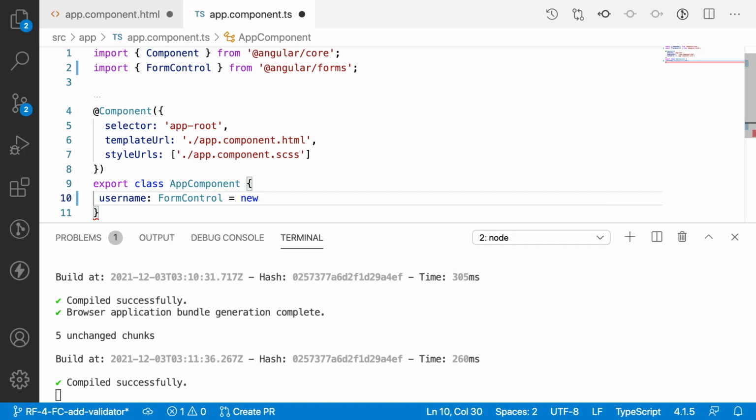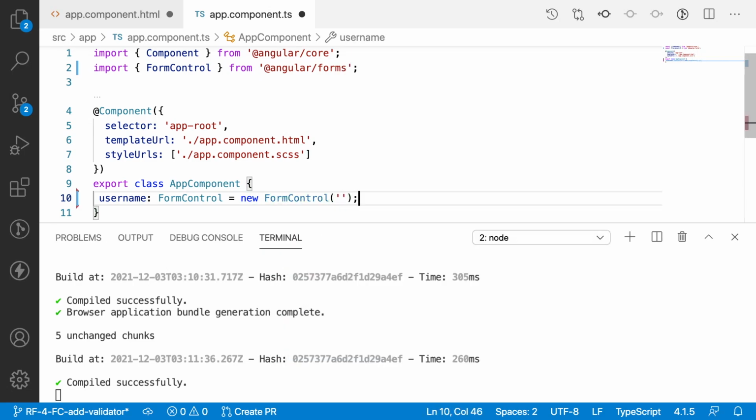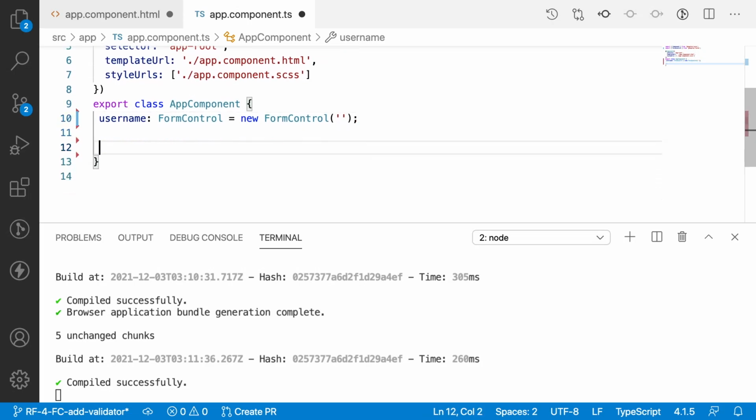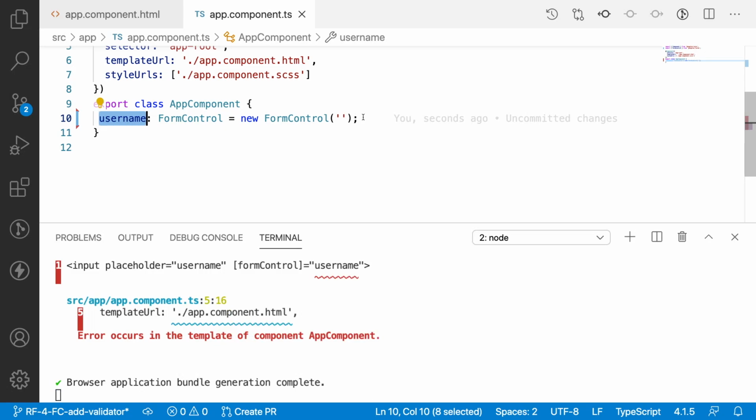I'm creating the form control object with an empty value and no validations for the first time. Let me bind this to my HTML content and save both of them.